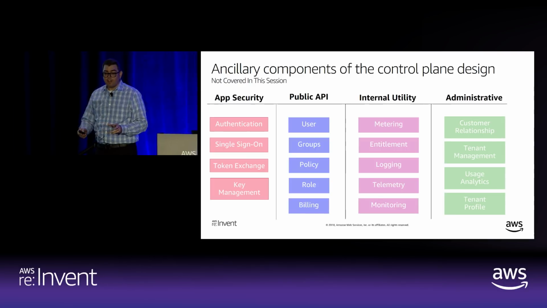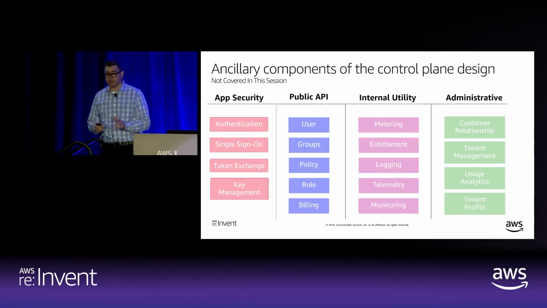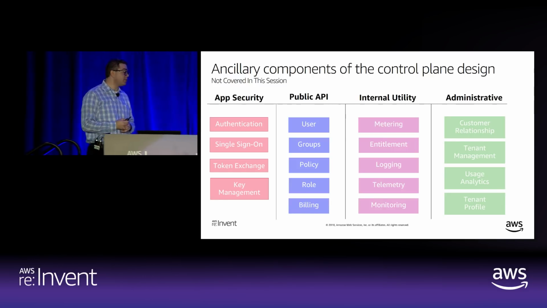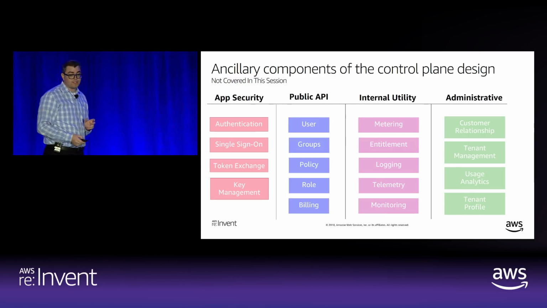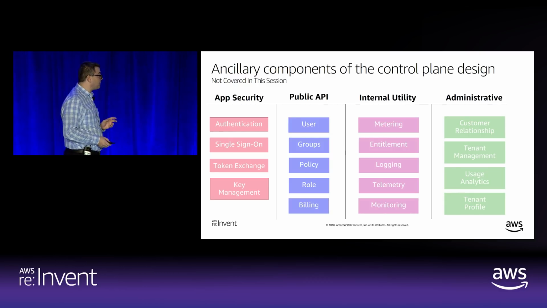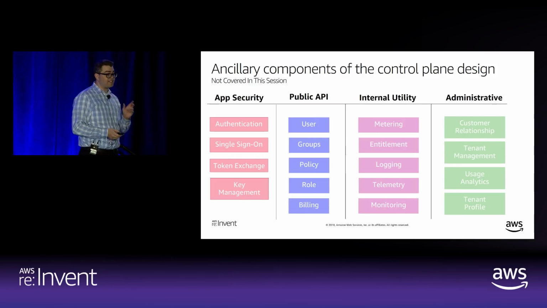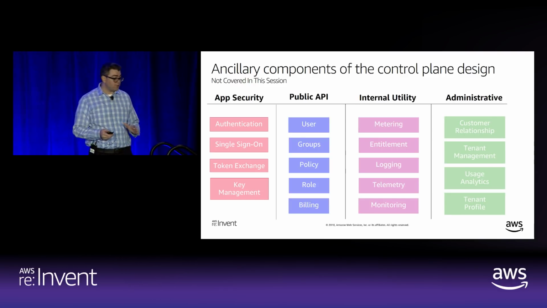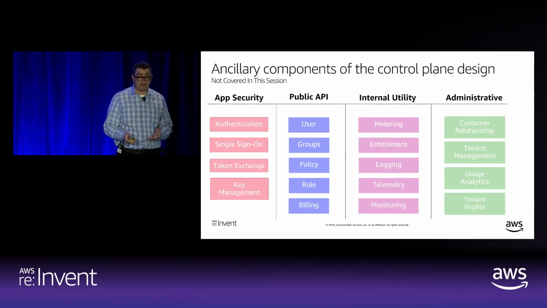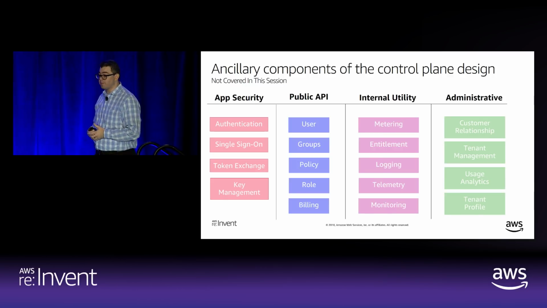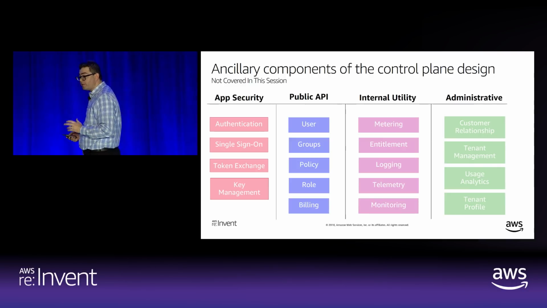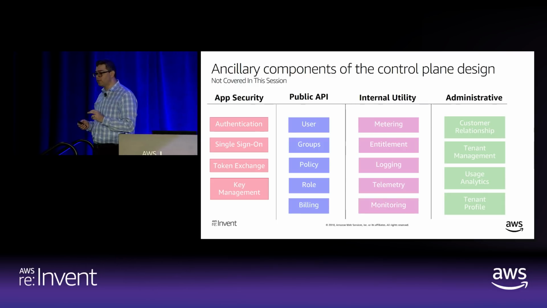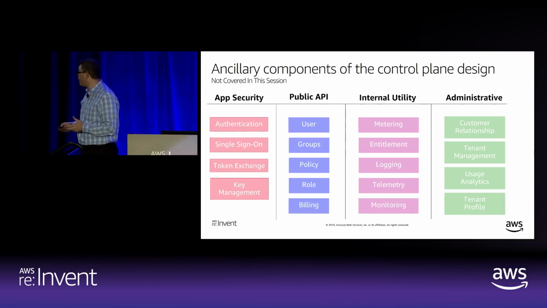Because as you're delivering hundreds or tens of products, you need to make sure you're getting to that level of scale. There's a large number of other services. Billing is crucial. And what's interesting is that it's often a pitfall of ISVs to build their own billing system. Billing is not something that's easy for a technology company to own unless that's their core competency. We'll talk about some of the challenges of building a billing system in a session later today that I'm giving. The session is migrating single-tenant to multi-tenant applications. That's not the core scope of today's session, but it's crucial to understand that billing may not necessarily be something that you would want to build, but you may want to integrate through metering and design patterns here.